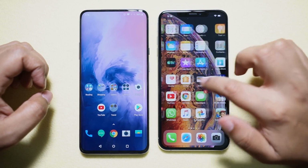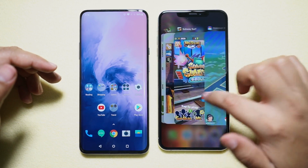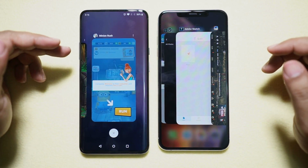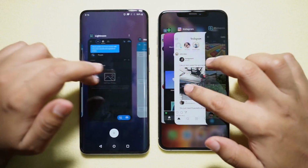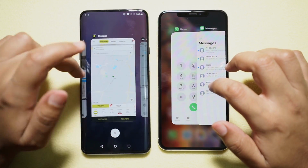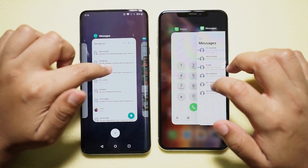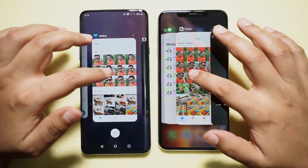Now it's time for the RAM management check, and as you know, the RAM management of OnePlus devices is not up to the mark. I mean, to optimize the battery performance, OnePlus basically restricts the RAM usage. With 6GB of RAM, OnePlus 6 could not compete with similar devices like Galaxy S10 Plus or Note 9 or